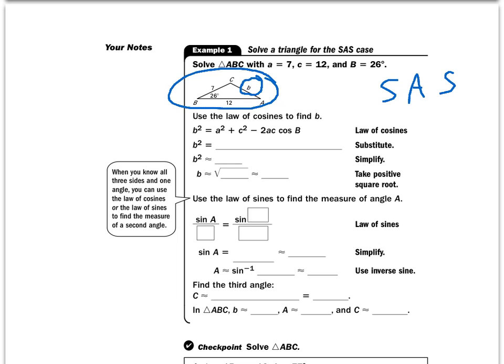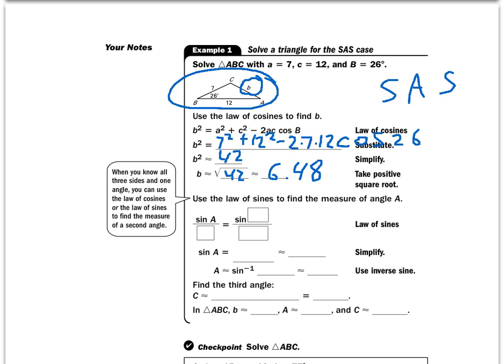So B squared equals A squared. That's 7 squared plus 12 squared minus 2 times 7 times 12 times the cosine of B, which is 26. And if I put all that in my calculator, and I'm very careful with parentheses and all of that stuff, I end up with B squared equaling 42 and B equaling the square root of 42, which is